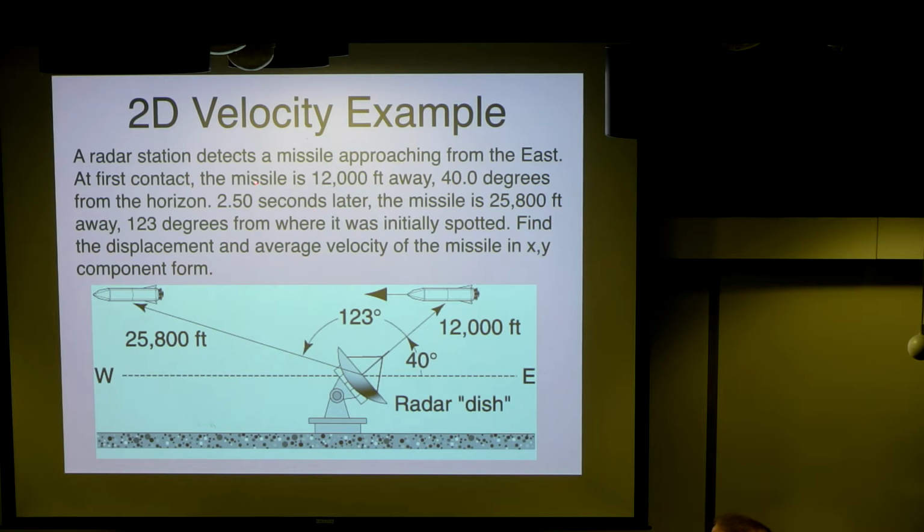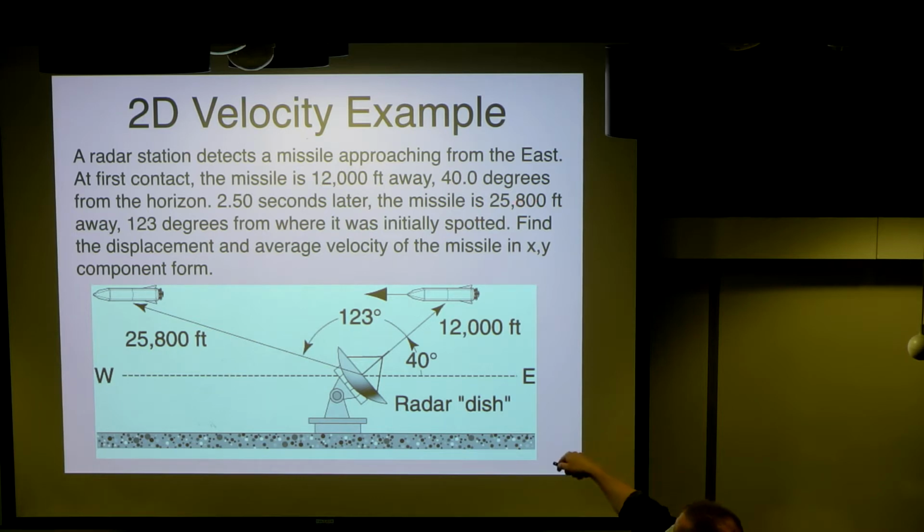So at first contact, the missile is 12,000 feet away, and we see it at 40 degrees from the horizon. So our radar dish is pointing at 40 degrees above the horizon to see where the missile is. 2.5 seconds later, the same missile has changed its position a lot. Now we see it